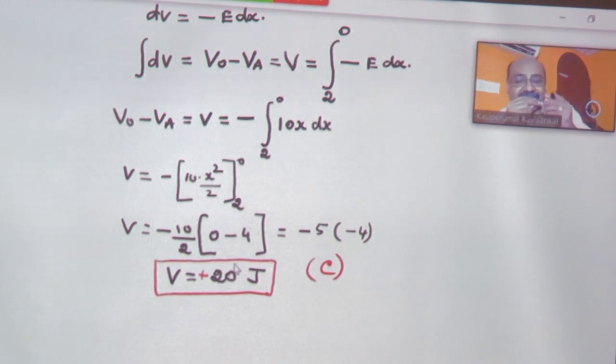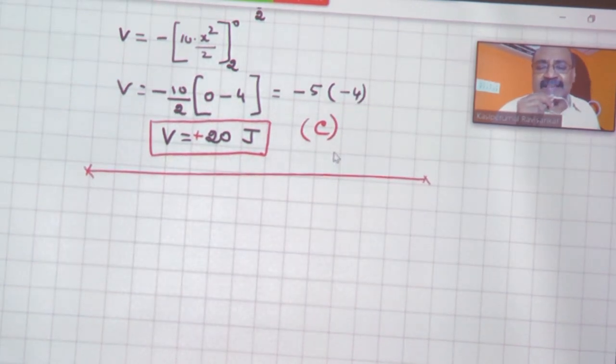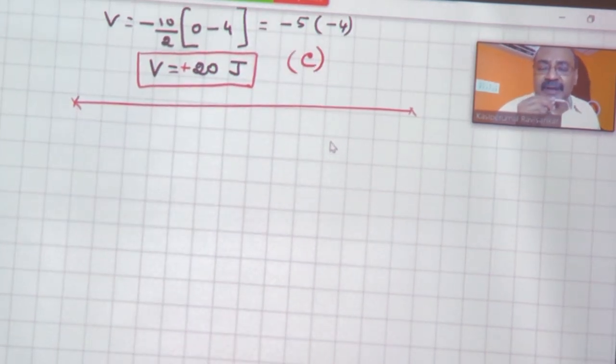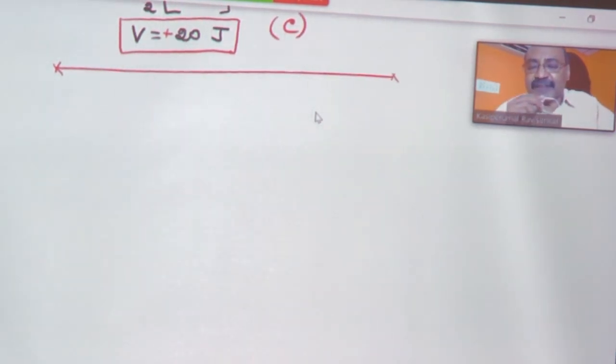That is the answer. Then, going for the next one, question number 10, go through question number 10. A thin conducting spherical shell of radius capital R has a charge Q which is uniformly distributed on its surface. The correct plot